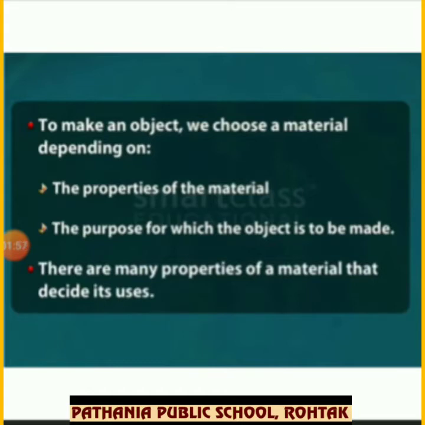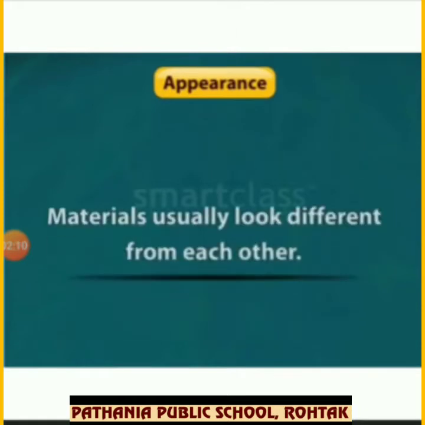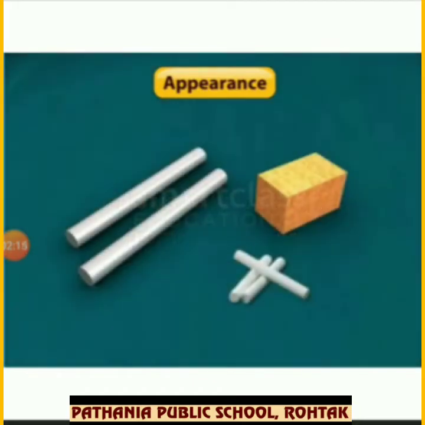The materials are classified on the basis of certain properties. So the first one is appearance. Appearance means how a particular object looks different from others. There are many materials like iron, copper, aluminium. These have a shiny appearance, or you can say they are lustrous. Lustrous means having a shiny appearance, or in Hindi, chamak. On the other hand, if you look at a piece of wood, it does not have any shiny appearance. Wood has a dull appearance.